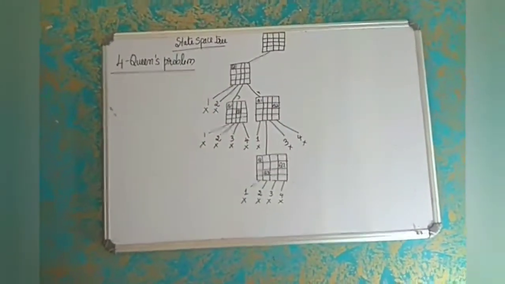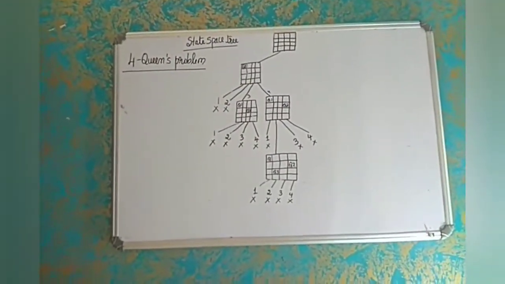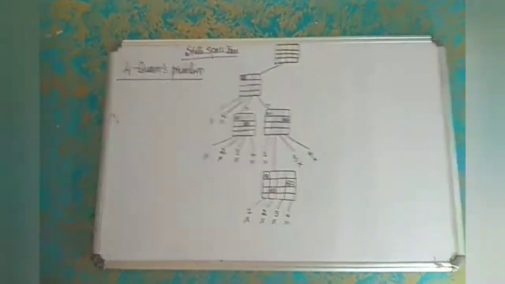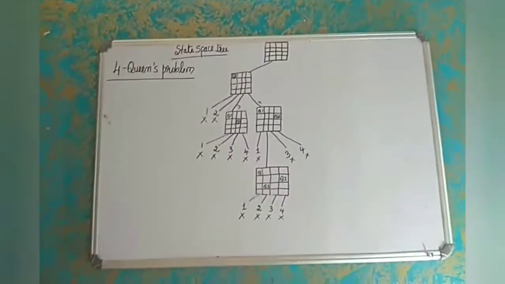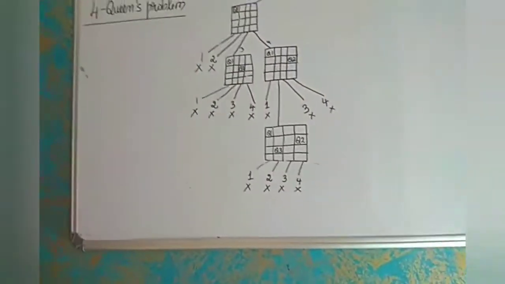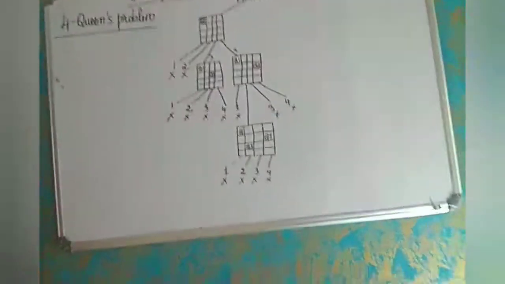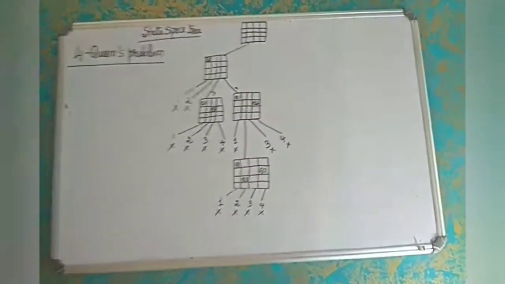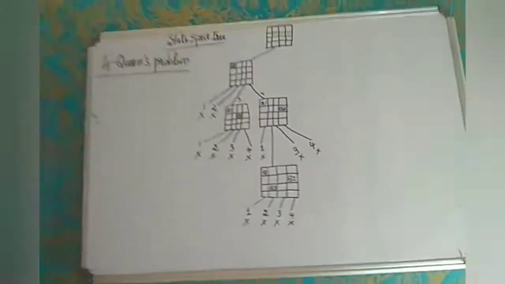So again, we have reached the dead end of the tree. That means you cannot continue further. This again became a non-promising leaf node of the state space tree. Why? Because we didn't get any solution. It is not leading to the solution. So now what we have to do? We have to continue with the backtracking.